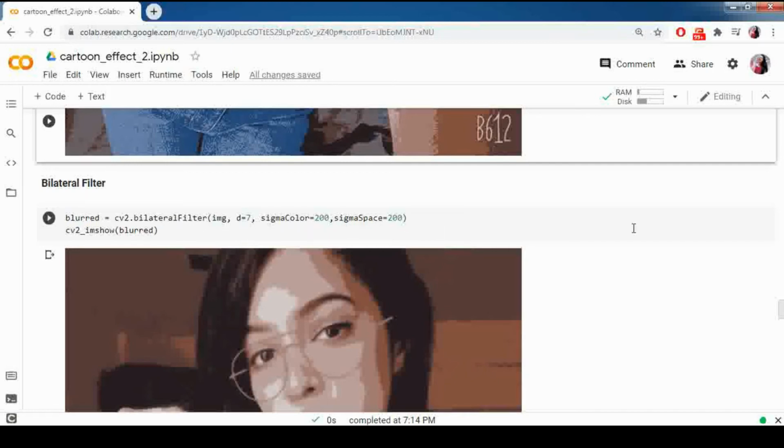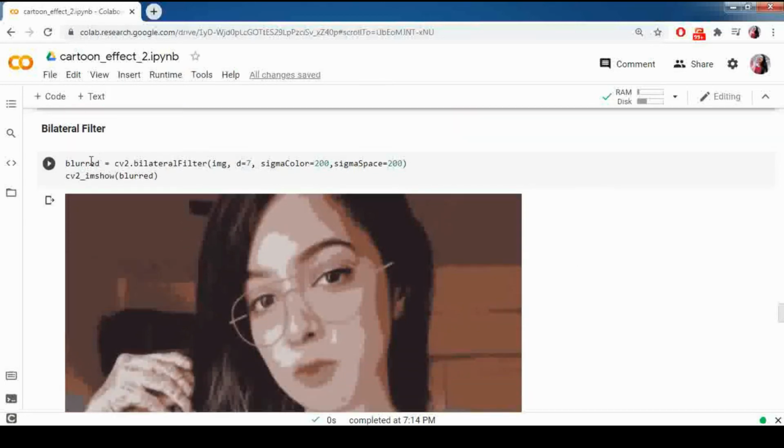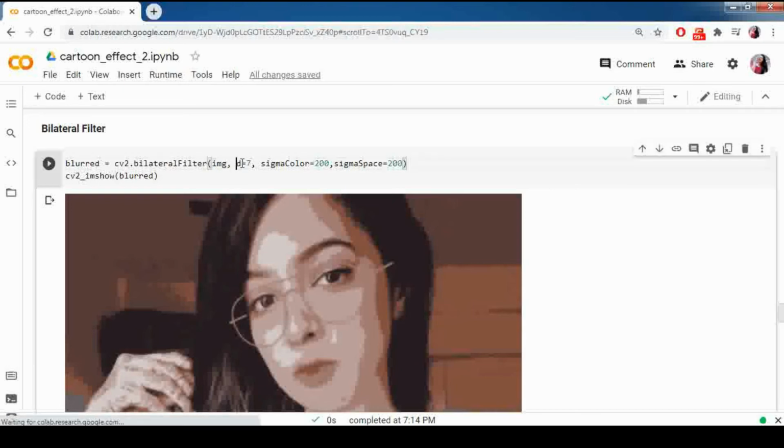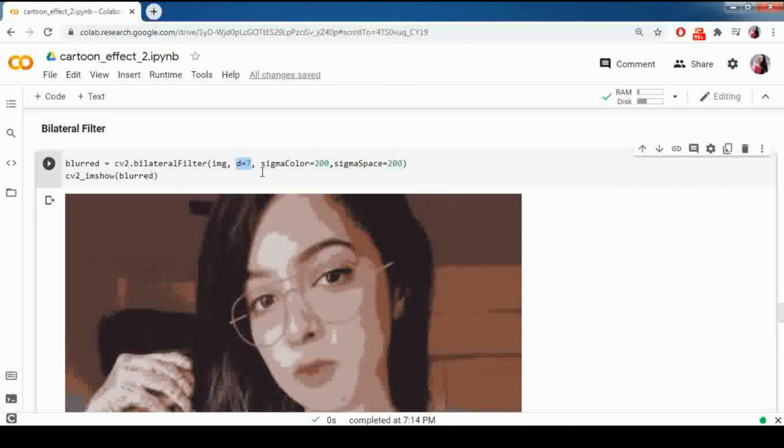After doing color quantization, we can reduce the noise in the image by using bilateral filter. It would give a bit blurred and sharpness reducing effect to the image. There are three parameters that you can adjust based on your preferences. First is D, that is diameter of pixel neighborhood. Second is sigma color. A larger value of parameter means larger area of semi-equal color. Third is sigma space. A larger value of parameter means farther pixel will influence each other as long as their